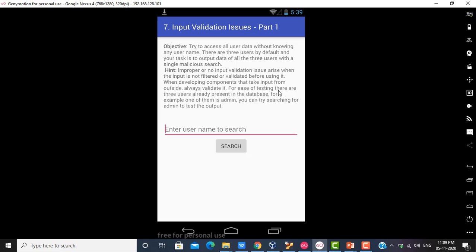For each of these tests, there are three users already present in the database. For example, one of them is an admin. You can try searching for an admin to test the output. So they are saying that in the database there are records related to three users, out of which one is admin. And our job is to find the details related to those three users by writing a